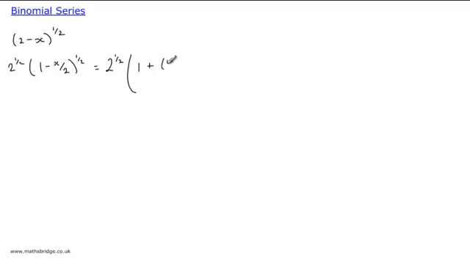So it's 1 + (1/2) times (−x/2), plus (1/2)(−1/2) over 2 times (−x/2) all squared,